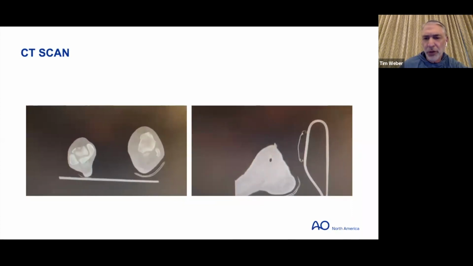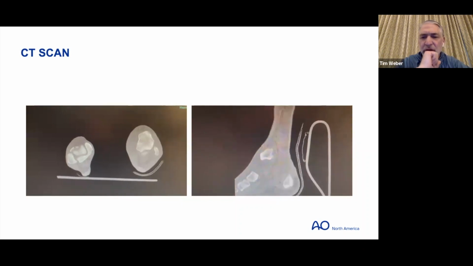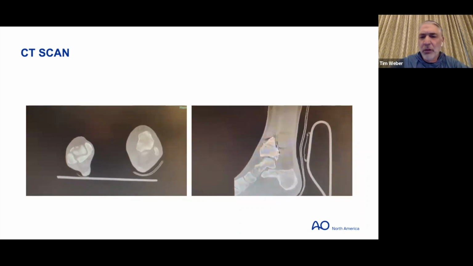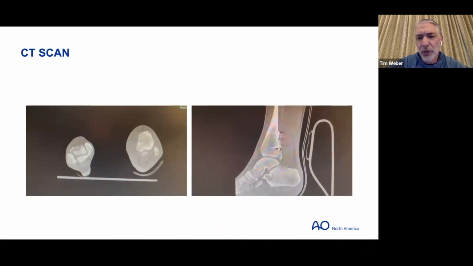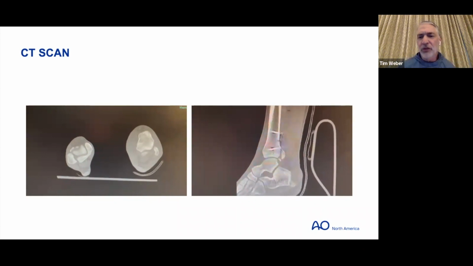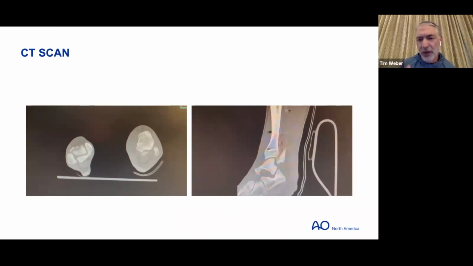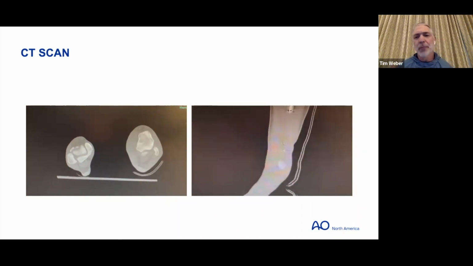And then if we look at it on the sagittal cuts, you'll see that the fixation doesn't really catch the posterior malleolus. It's a little superior to the posterior malleolus. The thing that this surgeon was worried about was that articular fragment that you saw that was kicked down there. And so